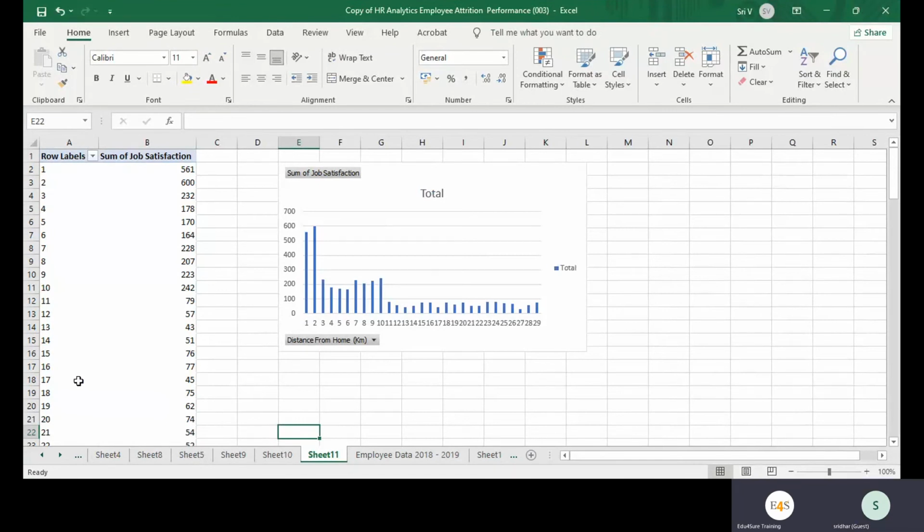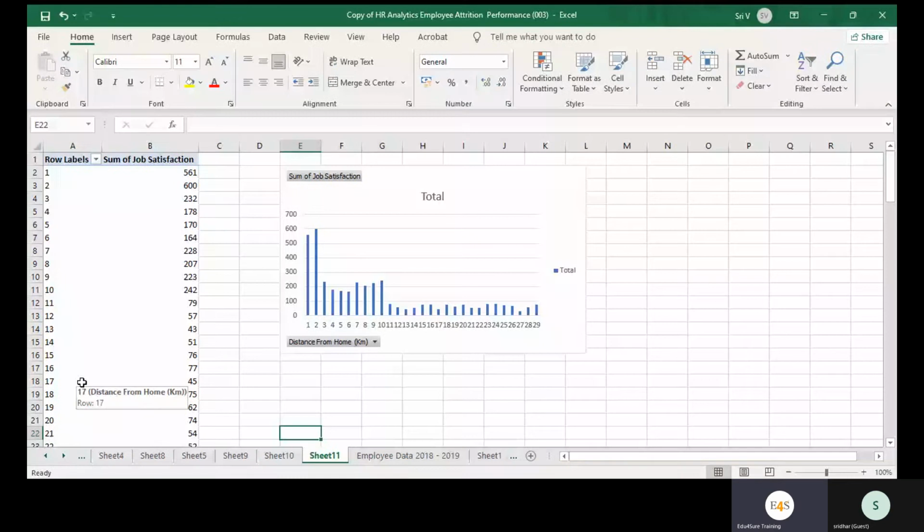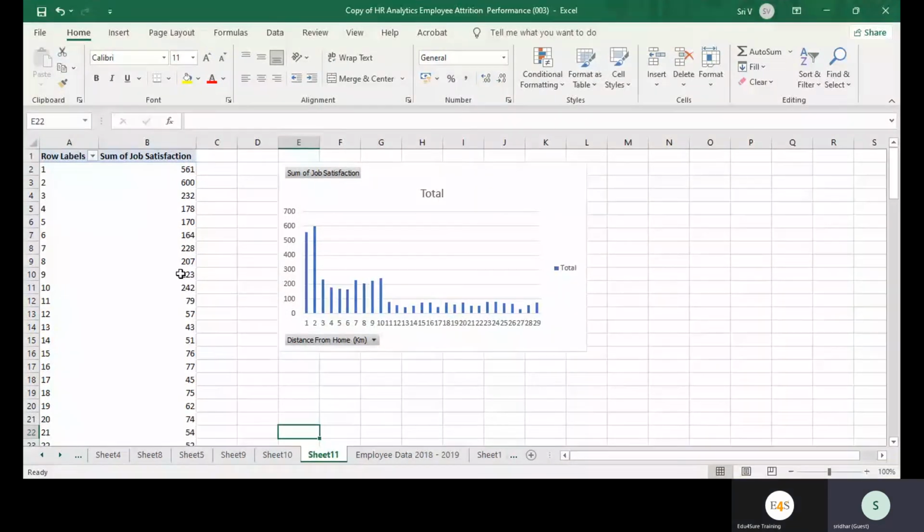If you are providing the cab also and people are traveling 16 kilometers and they are not satisfied, then what will you do? Cut the travel time. They can give work from home options. Okay, yes. Correct. So these are the things companies decide on the basis of such analysis.